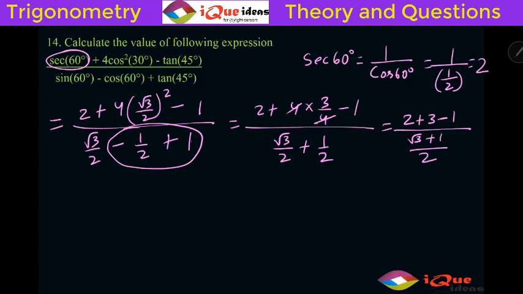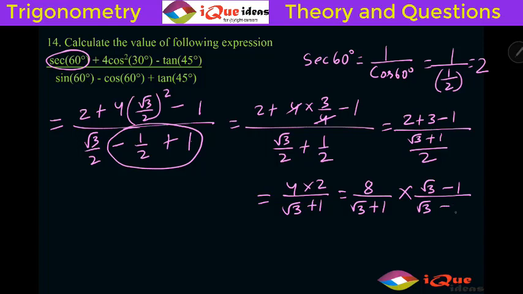2 plus 3 is 5. 5 minus 1 is 4. So it is 4 into 2 divided by root 3 plus 1. So it is 8 divided by root 3 plus 1. Now rationalization, because root 3 plus 1 is an irrational number. So root 3 minus 1 multiply and divide, we will get 8 into root 3 minus 1 divided by root 3